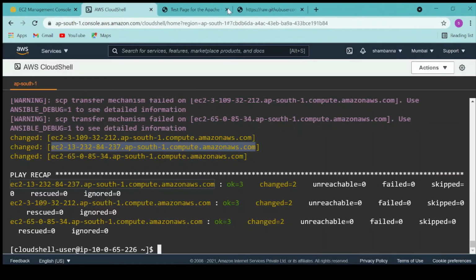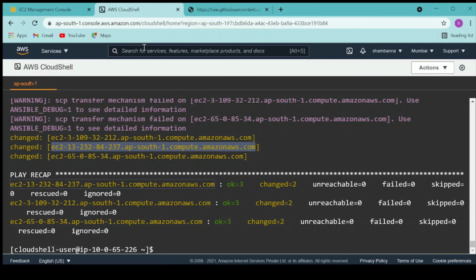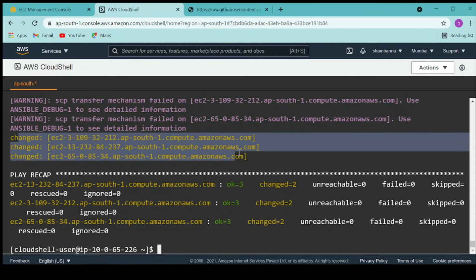So with this approach we can run the Ansible playbooks independent of what servers are created, and more granularly we can create tags. We can filter based on tag, like if you want to run something only for the DBs, or, let's say, for Jenkins. That kind of thing we can control with the tags.